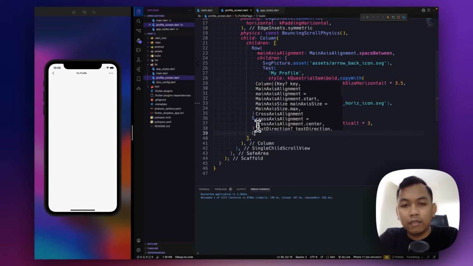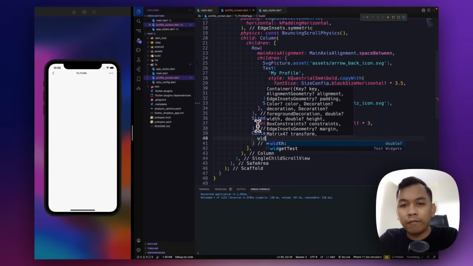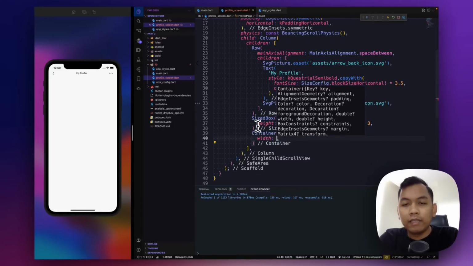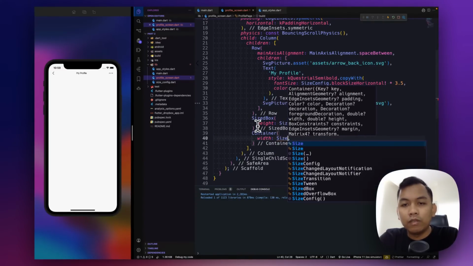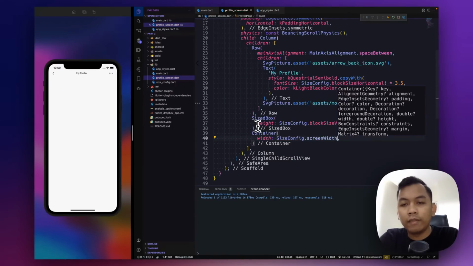And the next, we need to add a container, because the container will have decoration. And for width, let's set it to SizeConfig.screenWidth.